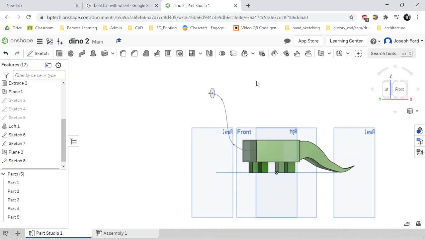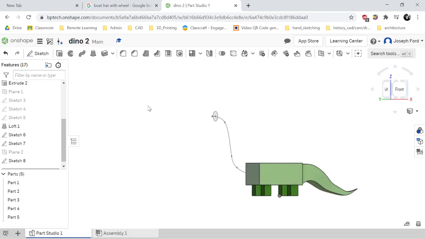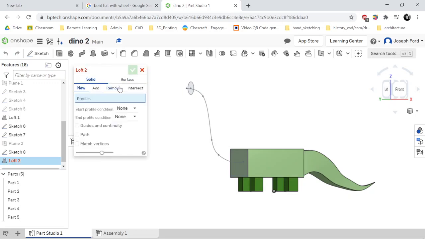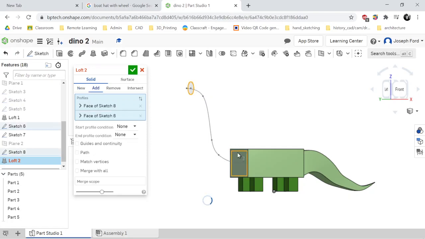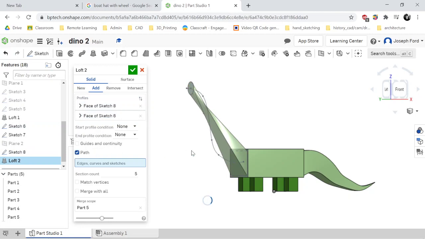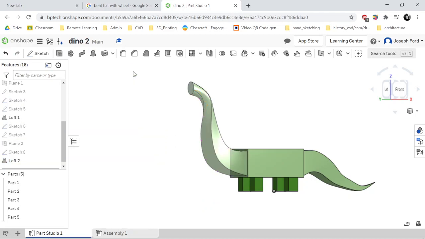So again, we're going to select. We don't need all these planes right now, so if you want to get rid of the planes, just hit P, and now you can focus a little bit. So now I'm going to click on Loft, click on the profiles, right? So my first profile is this, second profile is that, and now we want it to follow this path. So click on Path, click on the curve, and hopefully it can follow it, and it can. So check it off,